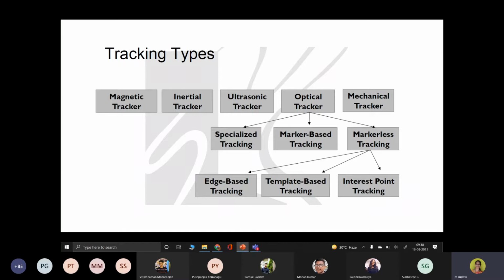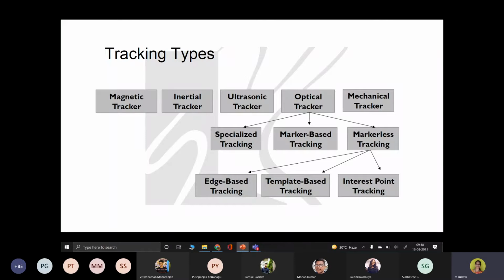Coming to the optical tracker, whoever is using it should know about image processing and computer vision techniques.